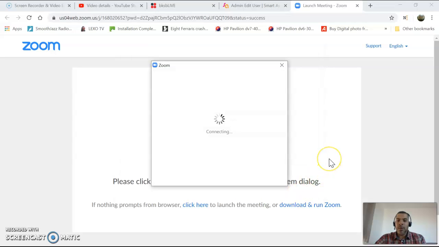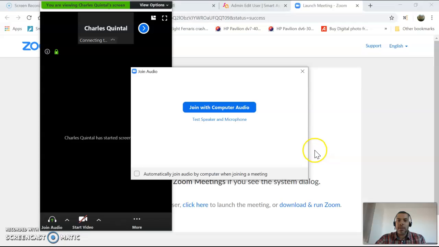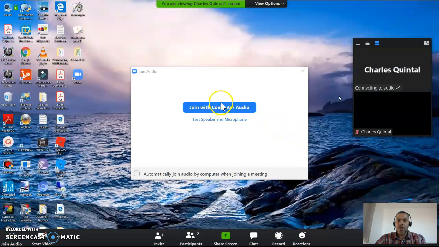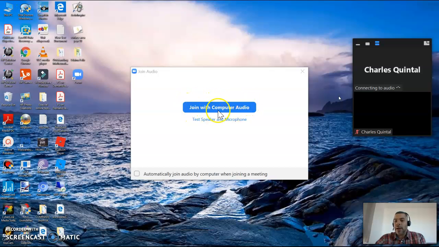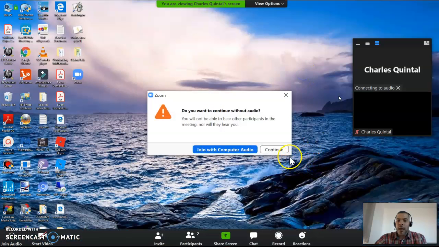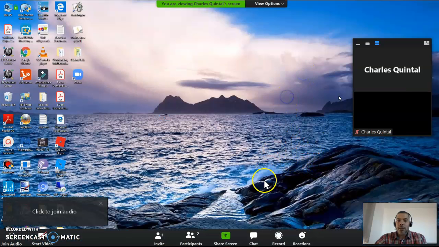And what would happen is that it will then join the room. You can join with computer audio as well. And that is obviously recommended so that I can hear you obviously and so forth. So what's going to happen then is that you can see that I can share my whole screen with you